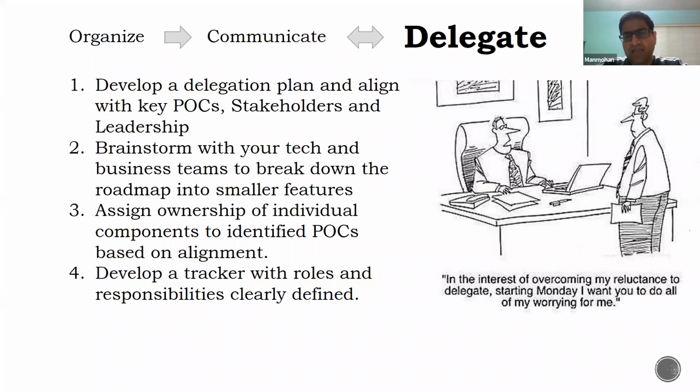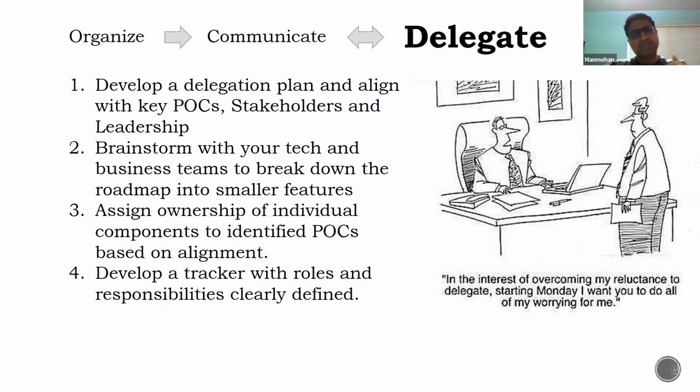And even if you get their buy-in, there are some things that you will only realize once you have started executing the product. For example, in one of my products, we started working on it, and right in the middle, we realized there was something that was missed in the design phase. So we had to go back, do the design work again, and then come back and start working on that feature. So those things can be avoided if you have engaged your tech and business stakeholders right from the start.